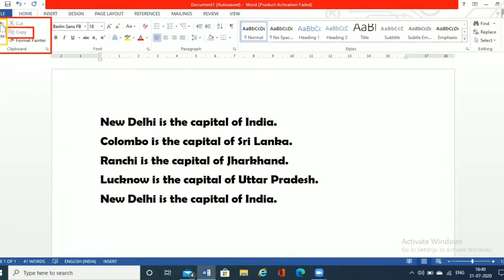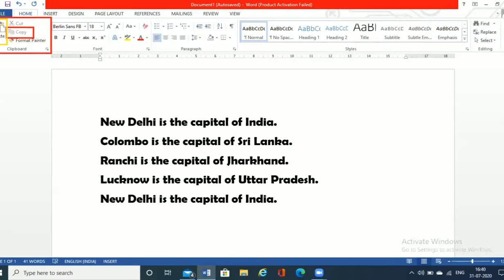Remember everyone very carefully. Once you copy a text, your original text is intact. Nothing happens to your original text. The original text stays at its original position. A copy of it is created and you can paste it wherever you want.